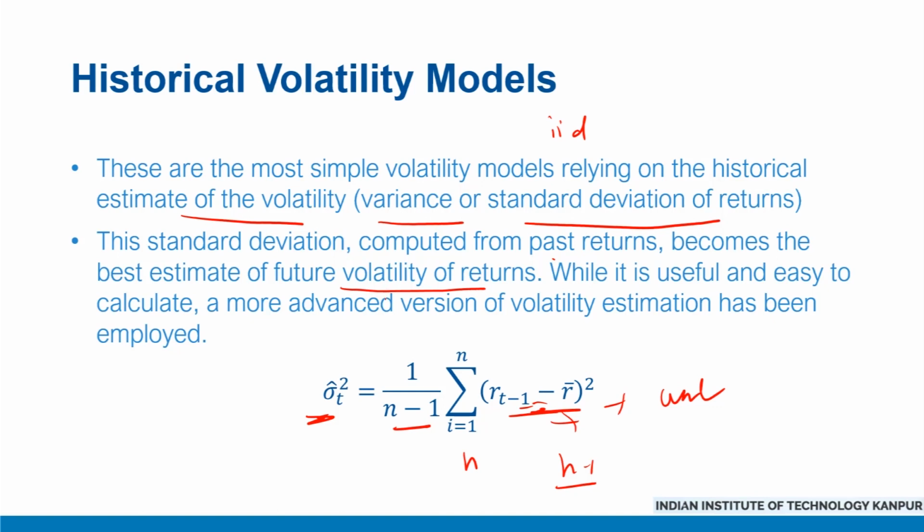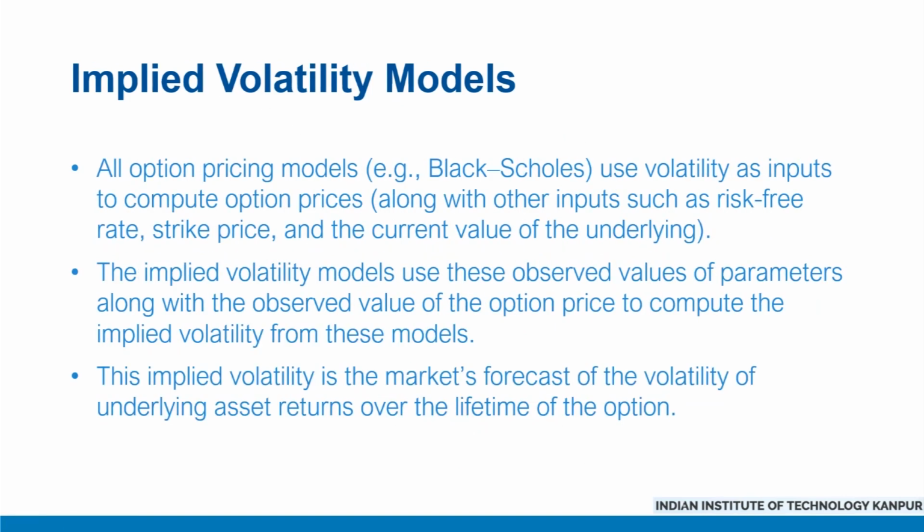However, as you would have guessed, this model has a very fundamental problem: it gives equal weight to all the historical returns, which is not a very good property. Generally, you would like to give more weight to more recent observations of returns. The next set of models are implied volatility models that rely on some kind of option pricing formula such as